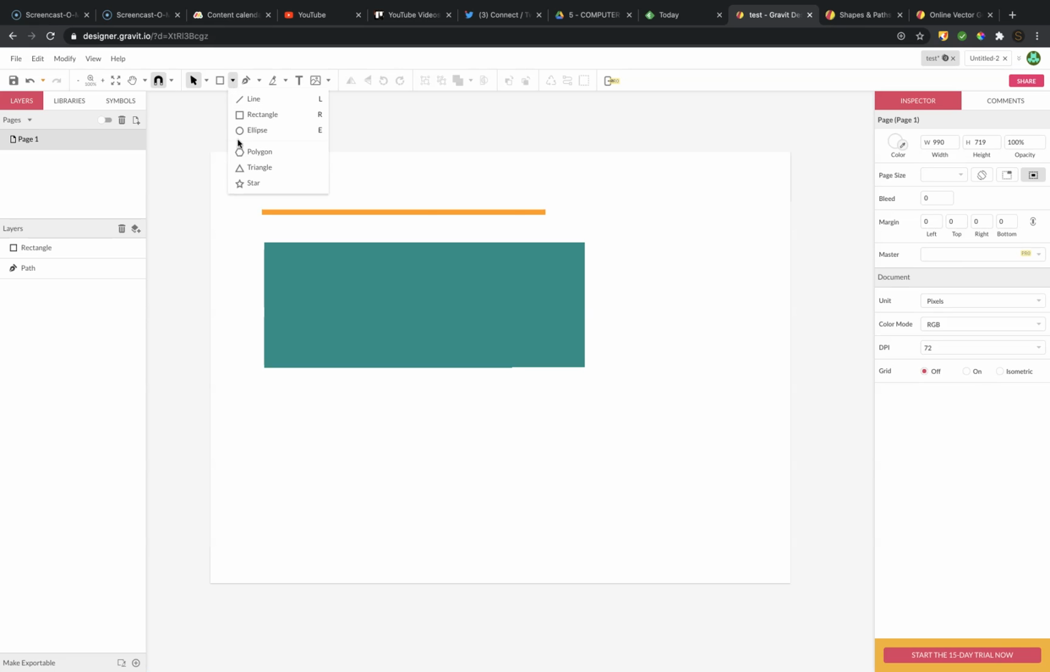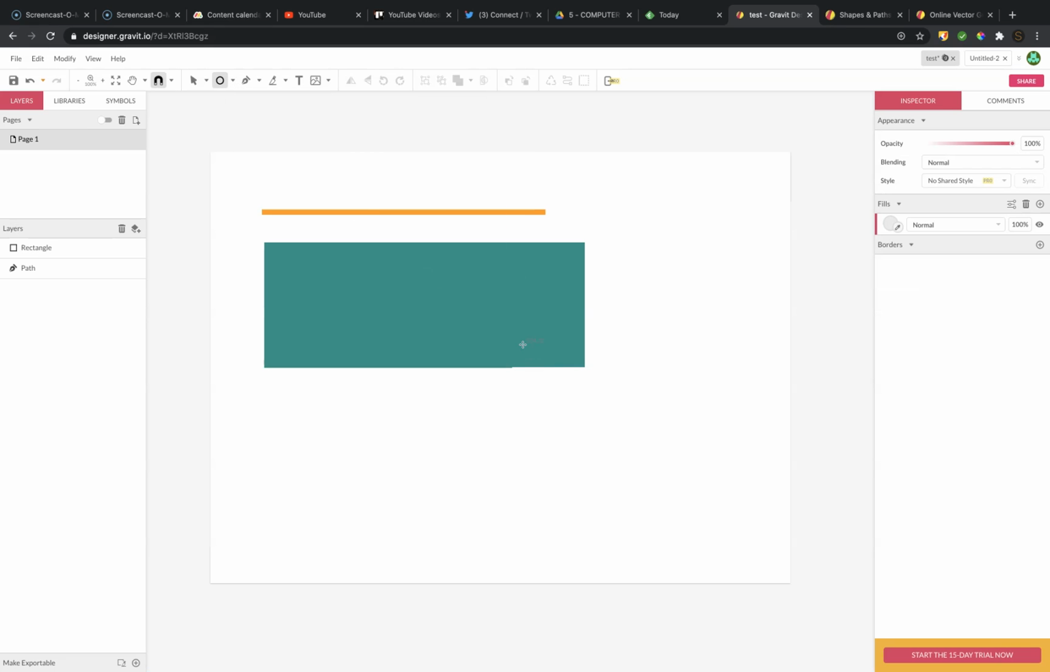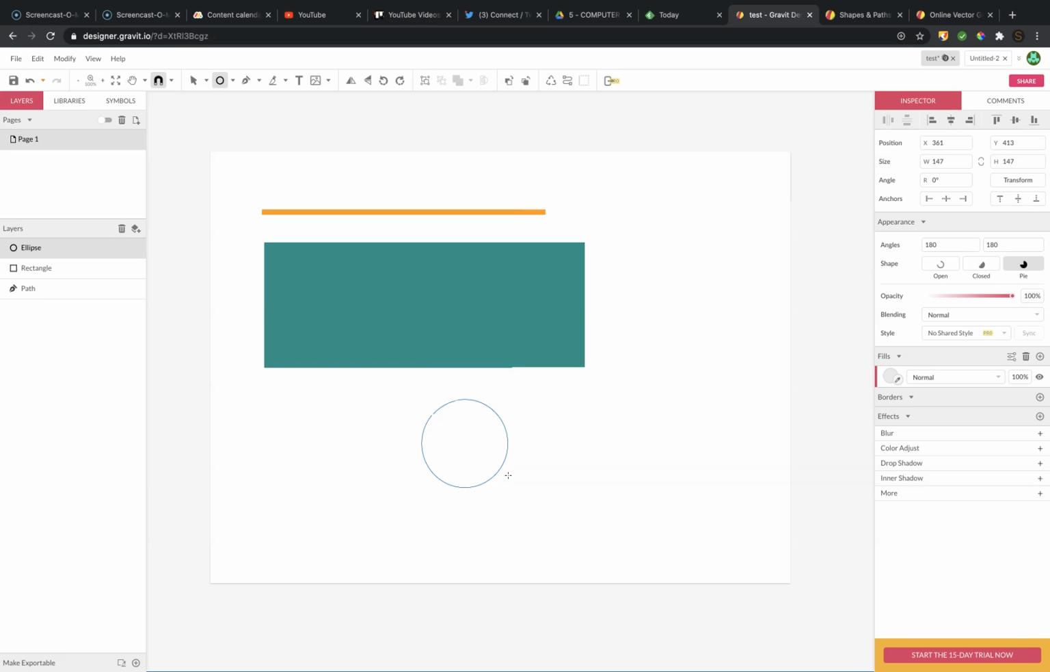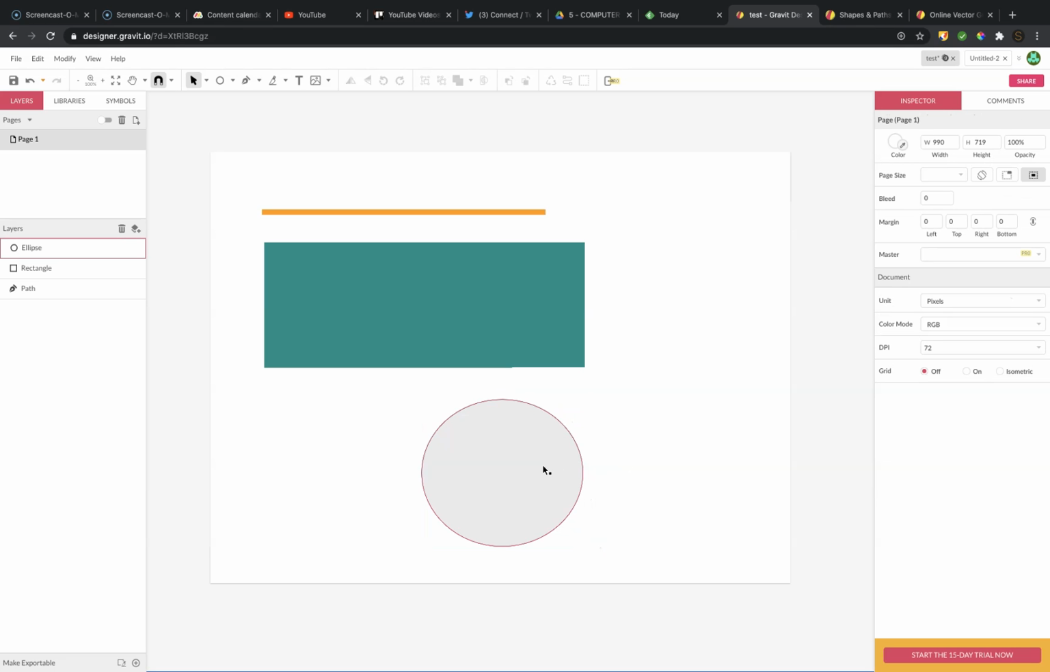Then let's make a circle. This is the ellipse. To make a circle, I suggest you hold the Shift button on your keyboard, then click your mouse and make the circle the size you need. Doing it this way, you make sure the circle is perfect, not oval like this. If you're not sure whether it's a circle or whether these are the right sizes,